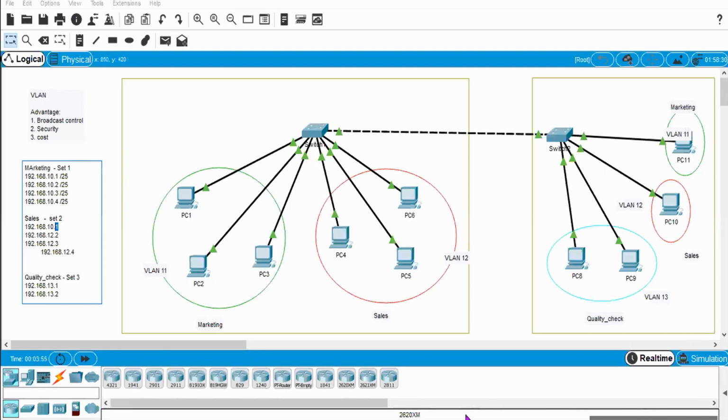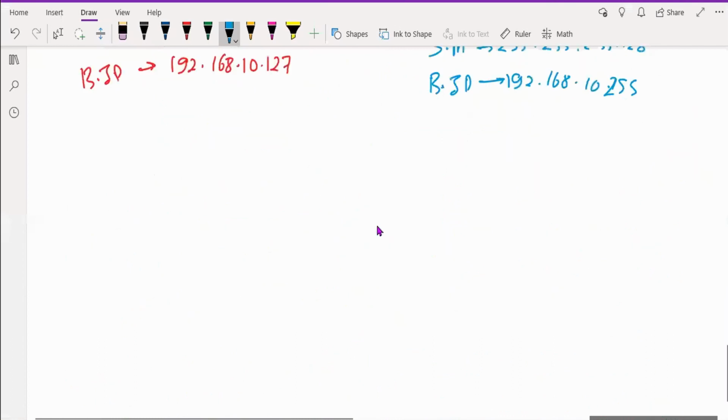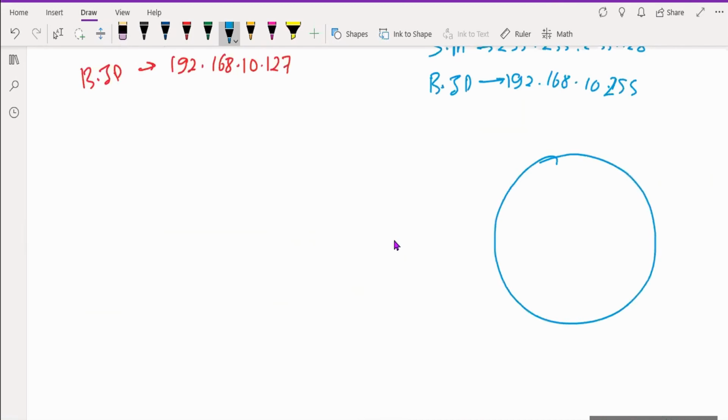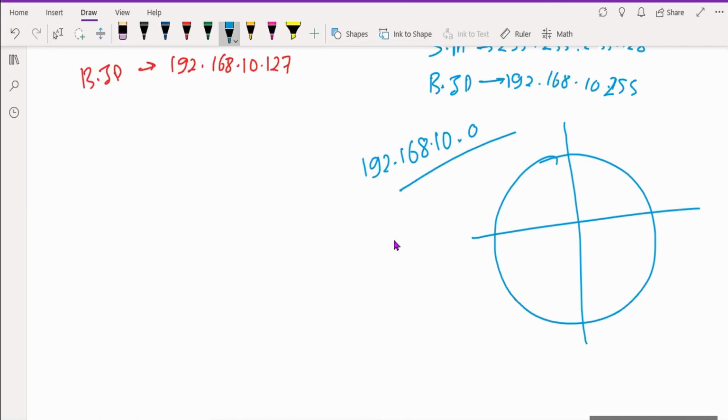If I explain this part here, in this case you are dividing your network 192.168.10.0 into four parts: 1, 2, 3, and 4. The network ID of the first part is 192.168.10.0, and if you are dividing into four parts, each cluster has a total of 64 IP addresses.